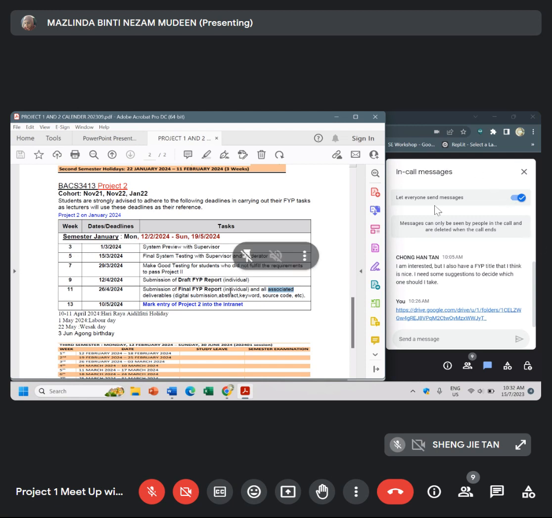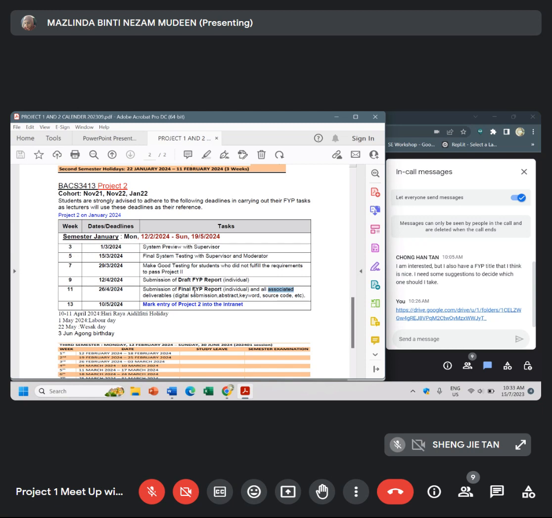Maybe a system where we have admin and the user. So one person handles the admin, one person handles the user side. We combine this, and it becomes one complete system. Individually, you will work on the admin side, and your team member will work on the user side. Each of you has your own system and your own documentation. There is no sharing and caring here in your project, even though you work in a team.